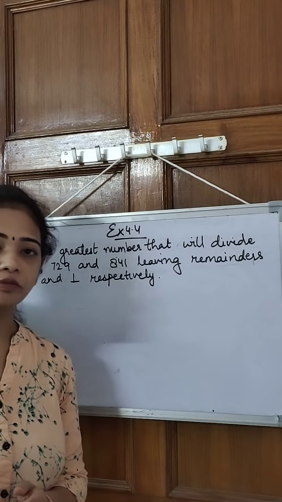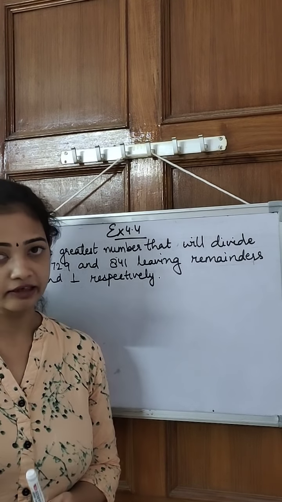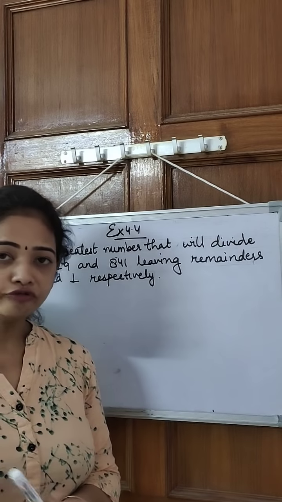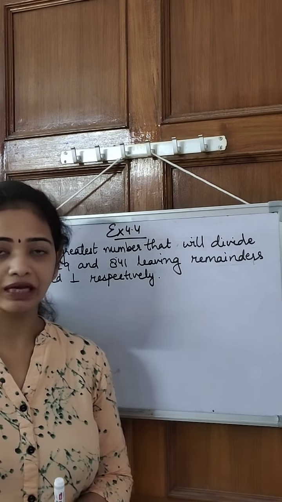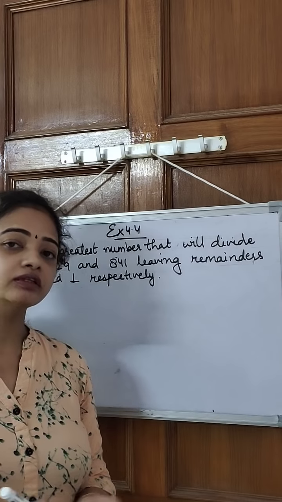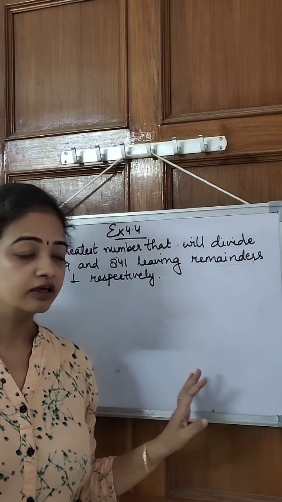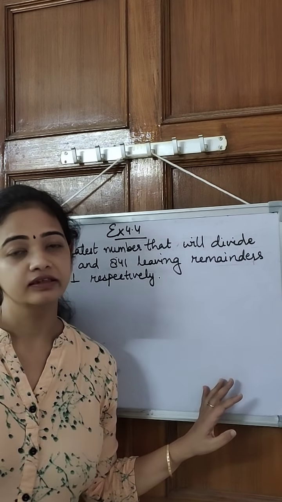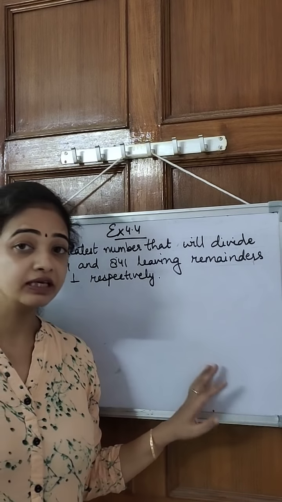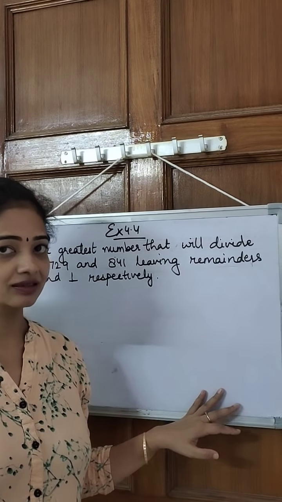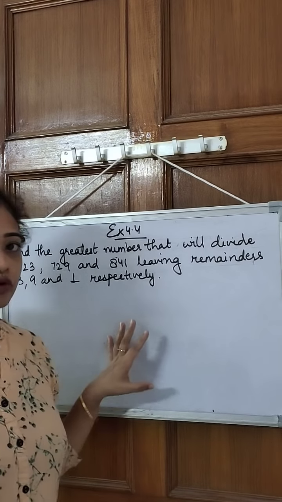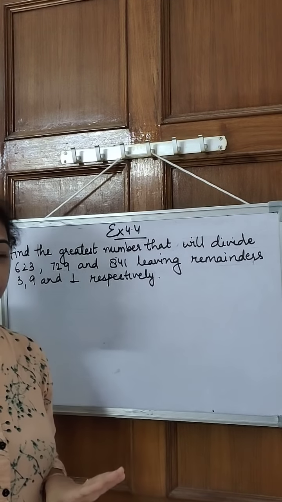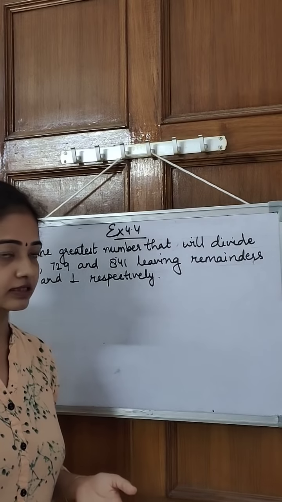Today I am going to take the problem sums based on HCF. We have done how to find out HCF using the two methods, prime factorization and division method, in the previous class. Now today we are going to apply it. We are going to study the application of highest common factor. There are a few questions in your exercise. I am taking a few of them and I'll be discussing them with you.